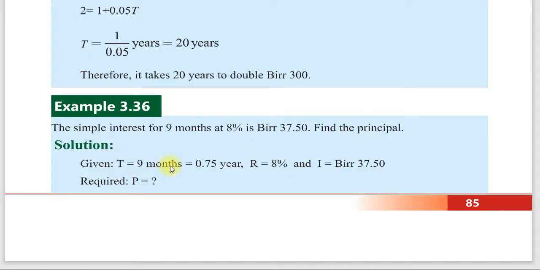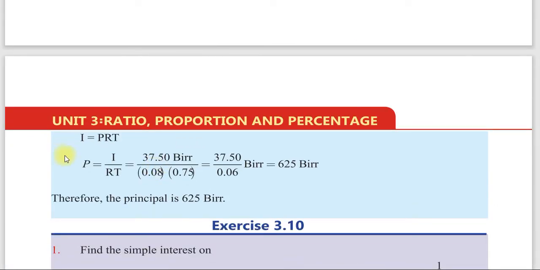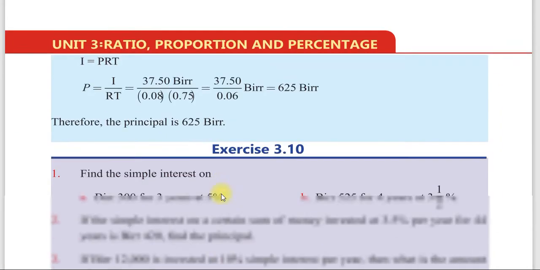Here t which is equal to 9 months which is 0.75 year ይሆናል። ያ ማለት ለ12 አካፍሉት 9 ሲካፈል ለ12 ማለት ነው። ምክንያቱም አንድ አመት 12 ወር ስለሆነ ዜን ሬታችን 8% ነው። ኢንተረስታችን ደግሞ 37.5 ነው። ሪኳየርድ ፒ ነው። ሶ ፎርሙላችን መጠቀም ነው። I which is equal to PRT ፒ ማለት I over RT ዜን I ቦታ 37.50 አለን። ሬታችን 0.08 ነው ወይም 8% ነው። ታይማችን 0.75 ነው። ዜን ይሄን ካልኩሌት ስናደርገው 625 ብር ይመጣል ማለት ነው። therefore the principal is 625 ብር እንላለን ማለት ነው በቀላሉ።